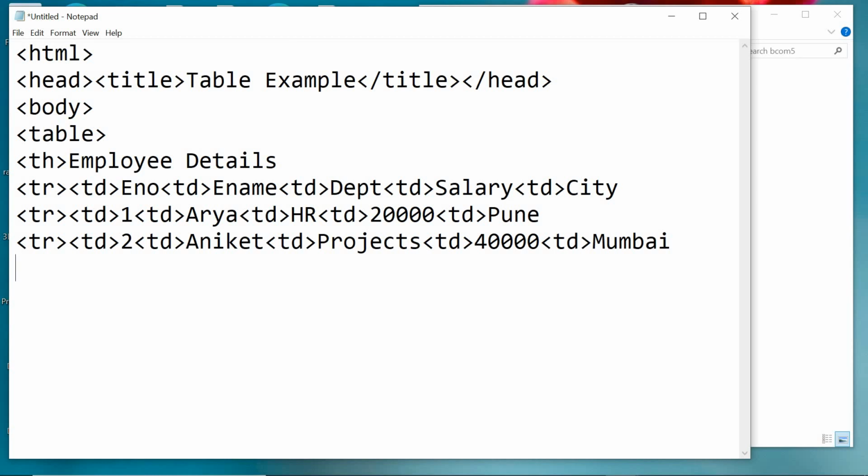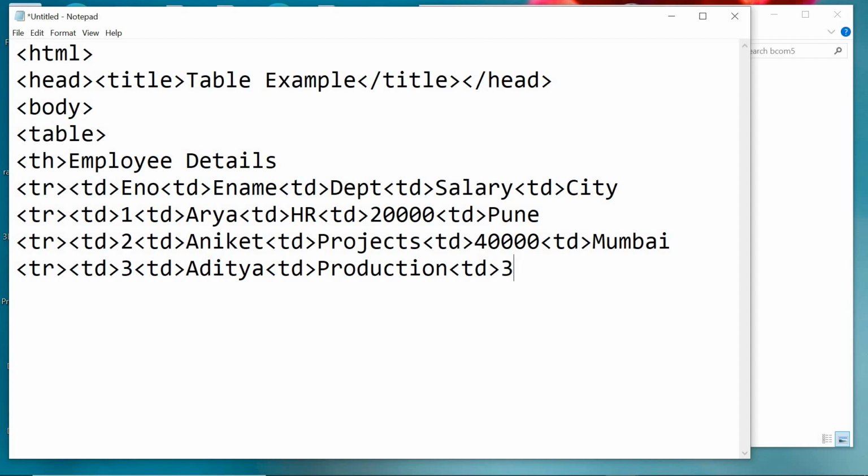The last record, that is the third record, as per the question. tr, then td, 3, then td, employee name will be Aditya, then td, production, then td, salary 30,000, then td, city will be Belagavi.